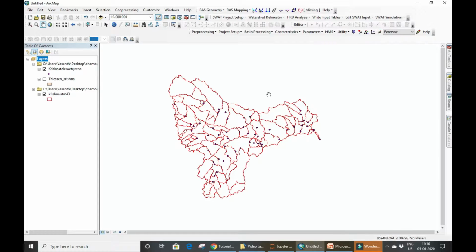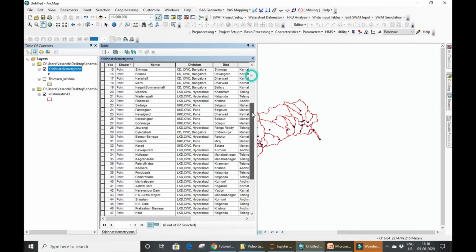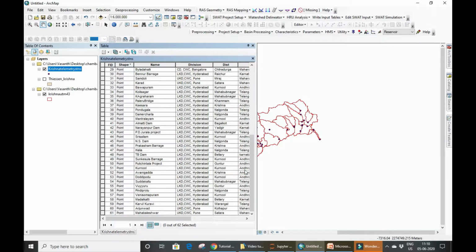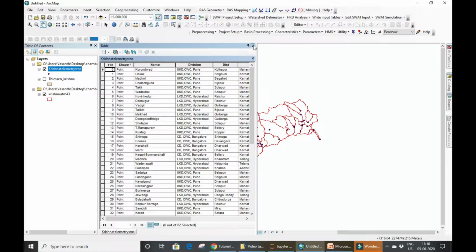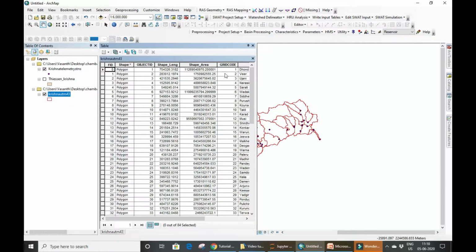For this, I have taken an example of Krishna subbasin. So, this is our Krishna subbasin. In Krishna subbasin, we have some point locations which are basically our rainfall stations. These are the telemetry rainfall stations which are available with us. So, you can clearly see our Krishna basin is covered by some rainfall stations. We see the properties of these stations, how many stations are available. So, we have about 61 stations available,